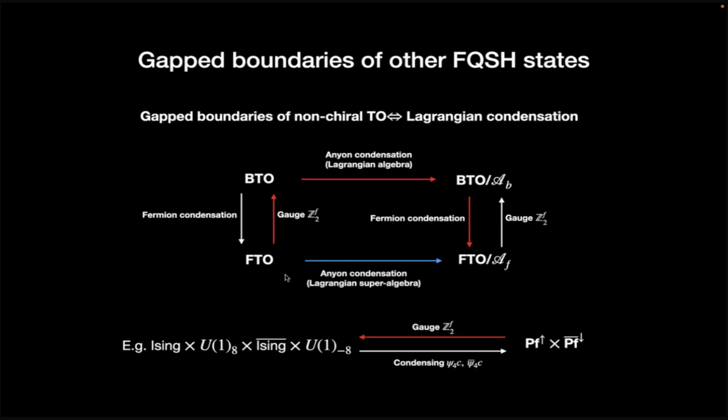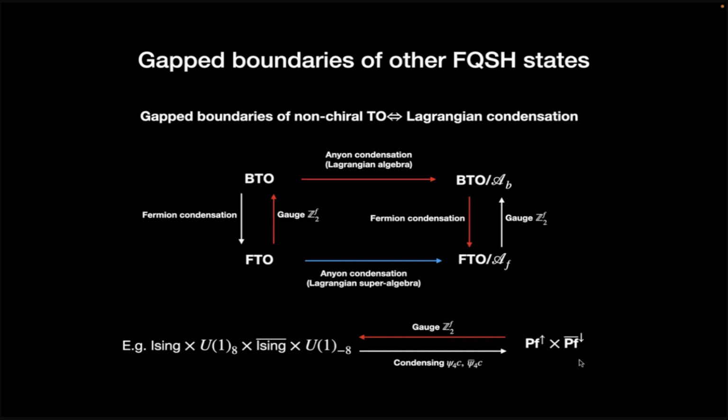But we can also do this in a different way. We can first gauge the fermion parity in this fermionic topological order to go to the so-called modular extension, which is the bosonic topological order. Starting with this bosonic topological order, we can do a usual anyon condensation, that is a boson condensation, which is described by Lagrangian algebra. And then we end up with this topological order, and we can undo the modular extension by doing something called fermion condensation. Okay, this may seem very formal, but